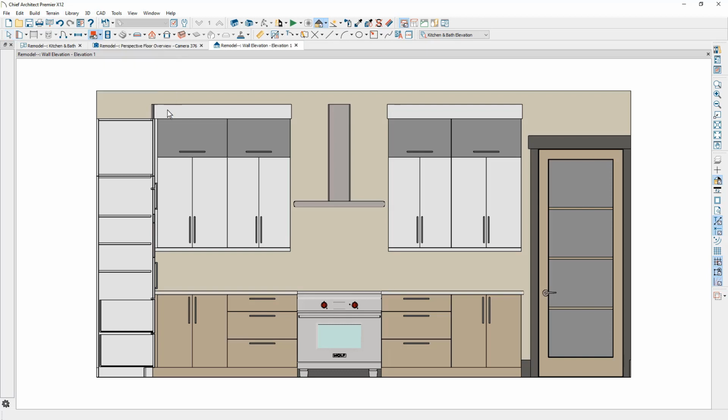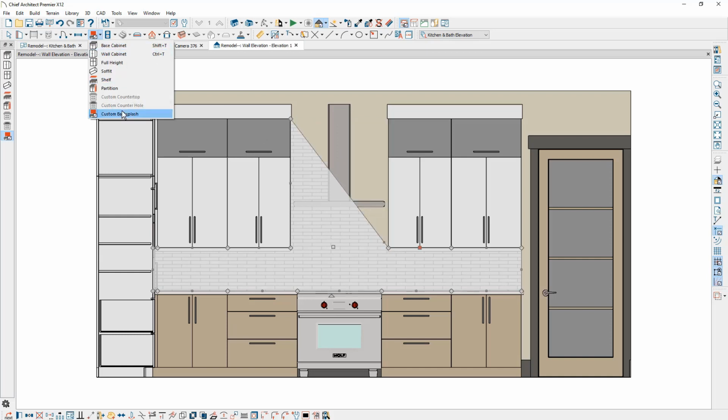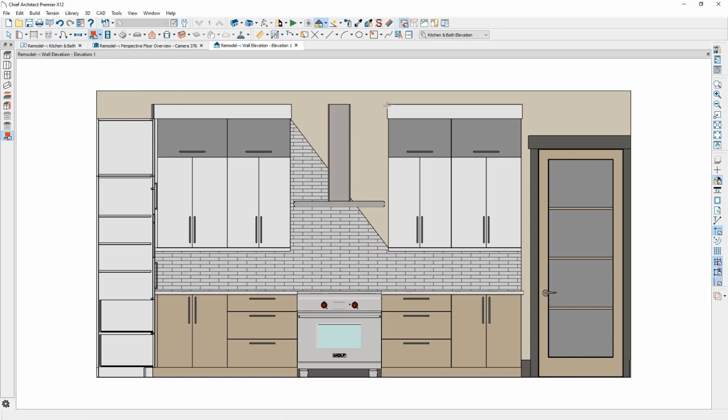Using the custom backsplash tool, you can click on the wall. It will do its best effort to fill that space with the backsplash. You can always modify this backsplash as you need to. You can customize it. If I were to drag this down, make it a shape, the backsplash tool can also be used to do a click and drag operation. If I were to just click and drag this approximately in this area, right in here,